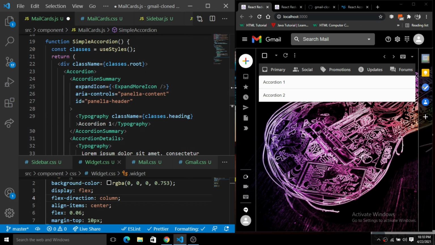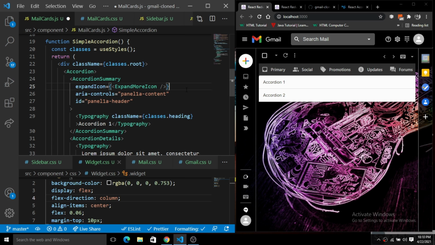So we will add all the functions inside of this accordion, right? So let's add the functions. Basically, an accordion has two parts: one is the accordion summary and another is the accordion details.